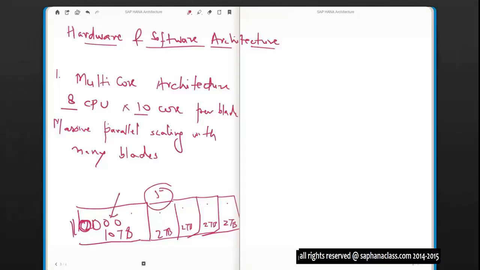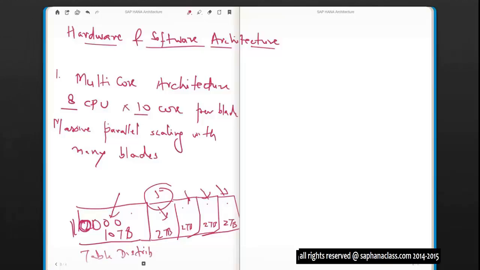So you are utilizing the power of all of them at the same time, and this way you can keep on multiplying, which gives you even better performance. This feature we call table distribution